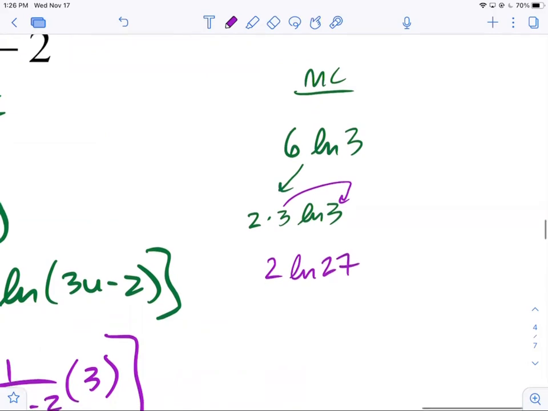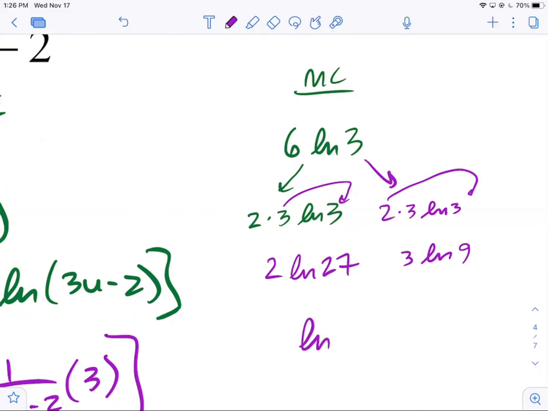What if you wrote it as 2 times 3 natural log of 3, but now instead you brought the 2 up at the top and left the 3 in front? That'd be 3 times natural log of 3 to the second power, which is 9. 6 natural log of 3 and 3 natural log of 9 and 2 natural log of 27 are the same. Right. What if you have the natural log of